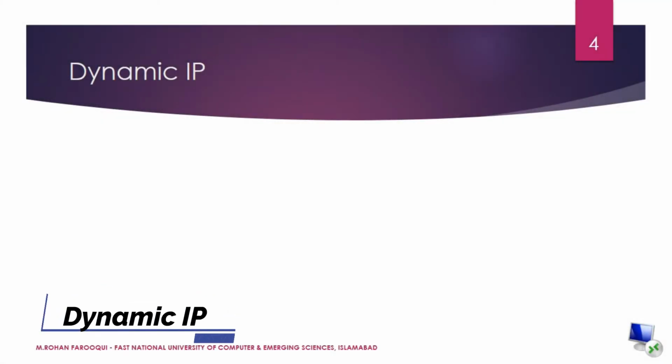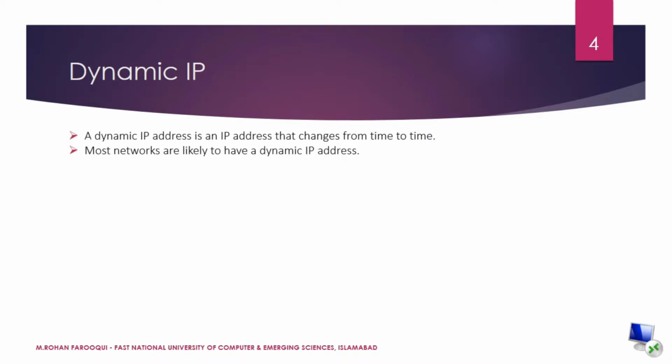Our main goal is to access our PC using a dynamic IP. So what is a dynamic IP? A dynamic IP is an IP which is temporarily assigned by your ISP. It changes every time your router reboots or when your lease time expires. So what is lease time? Lease time indicates how long a device is allowed to use that particular IP address.